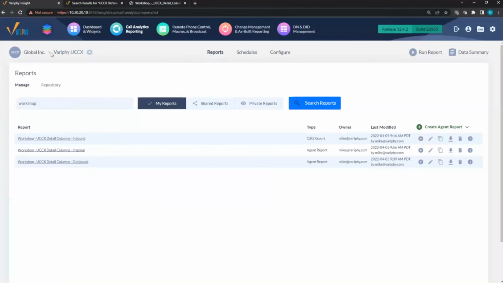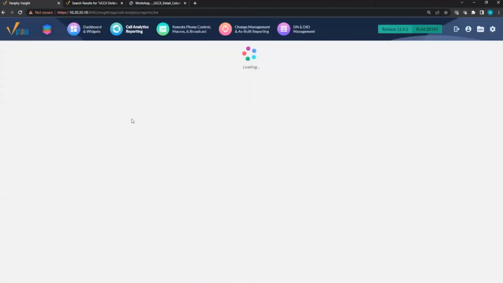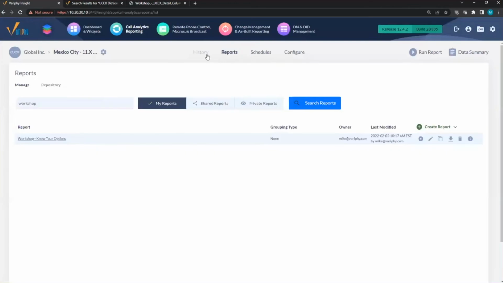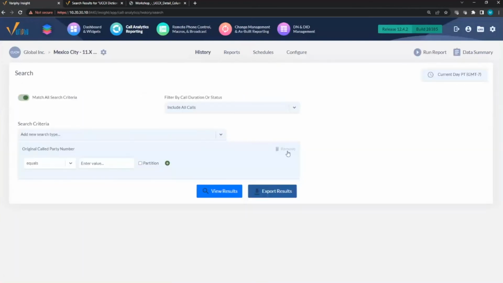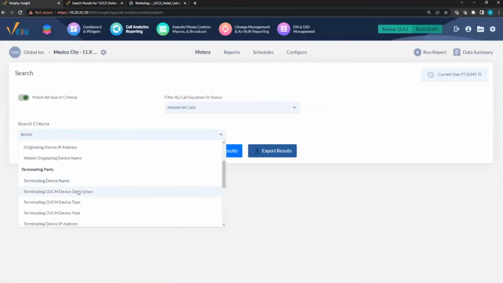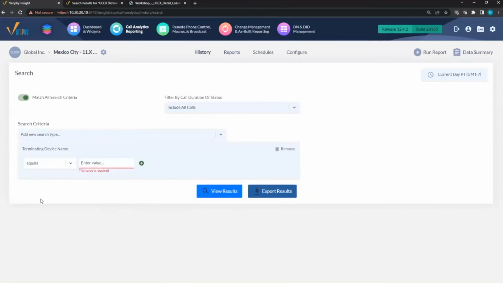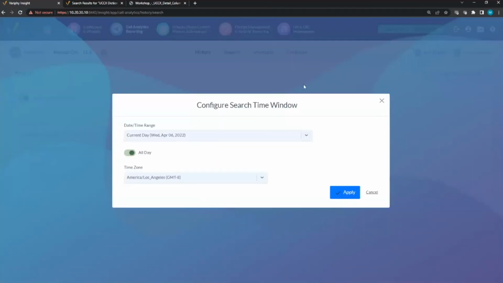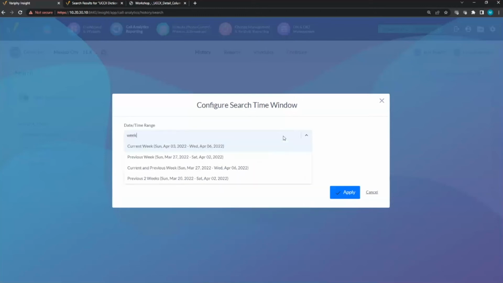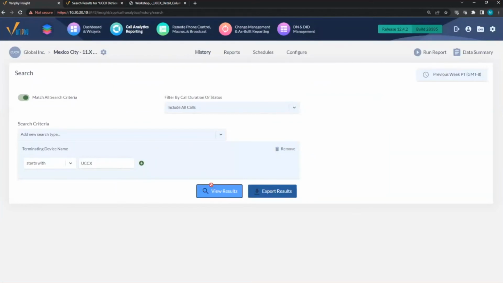How much time do we have? Three minutes? Yeah, let me jump back in. I think I have a report already ready for that. So in this case, in our CUCM data, if you know what the trigger number is, then you're already ahead of where I would be.